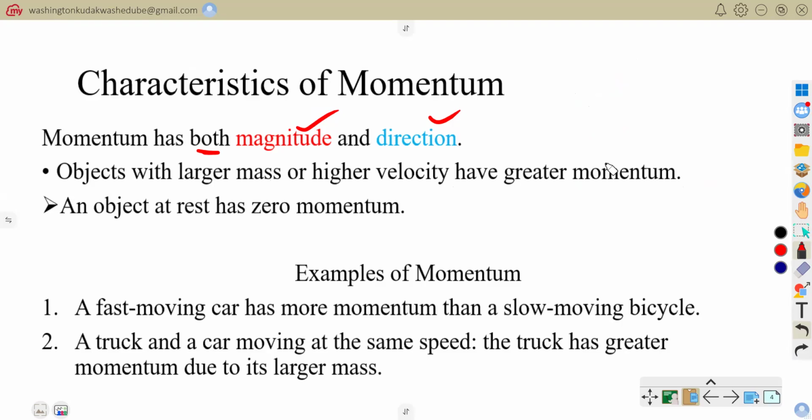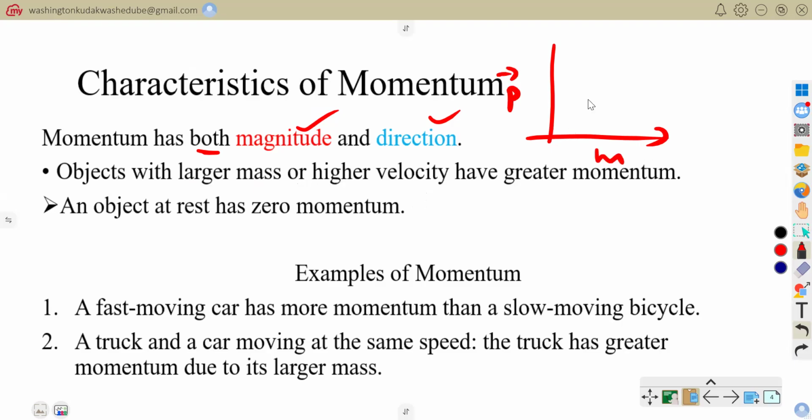which simply means that when you have a smaller mass, or a lower velocity, then the momentum would be small. The momentum would be relatively small. So in simple essence, we are saying that momentum, represented by the letter P, is directly proportional to